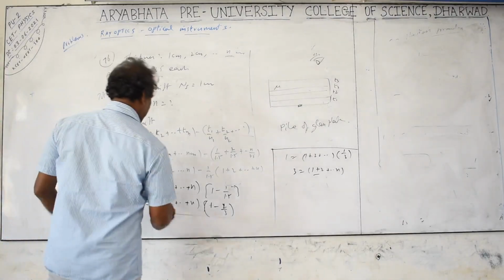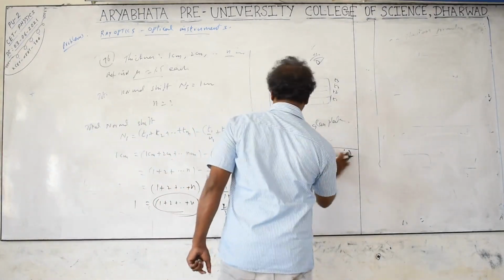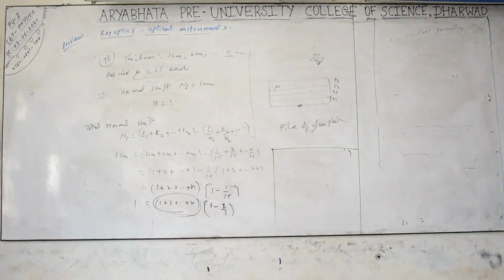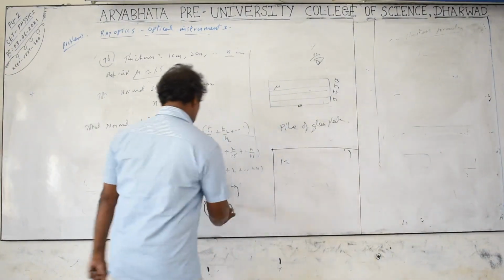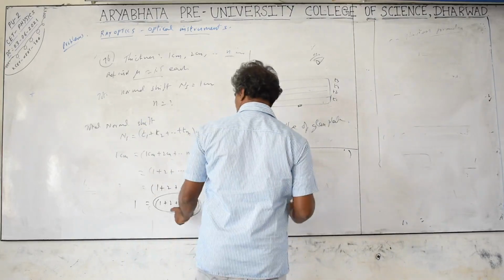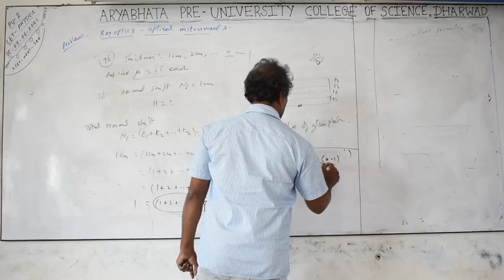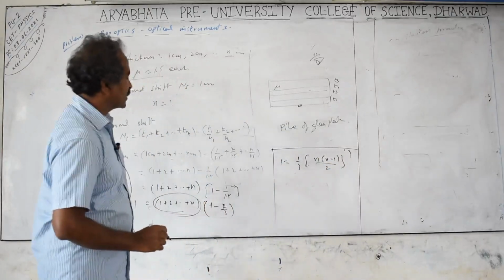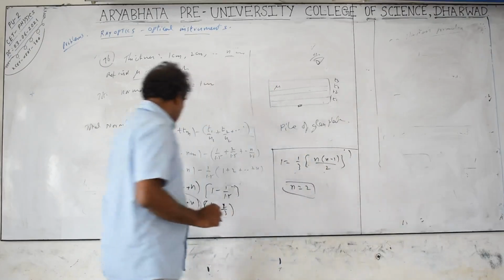This summation also you can take as a result: 1 summation up to n, 1 plus 2 plus 3 and so on, that is 1 by 3 is equal to, 1 is equal to 3 minus 2 by 1 is 1 by 3 into the summation to n is n into n minus 1 by 2. Substitute the calculation of this 3 and calculation n equal to 2. Solving this you will get n is equal to 2.